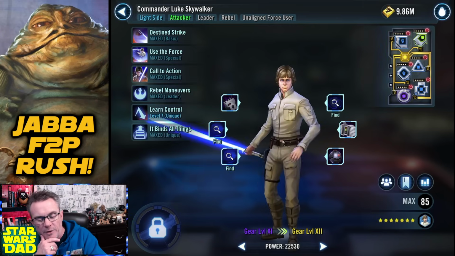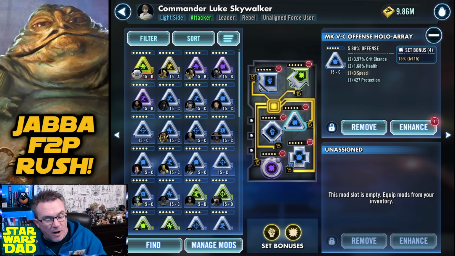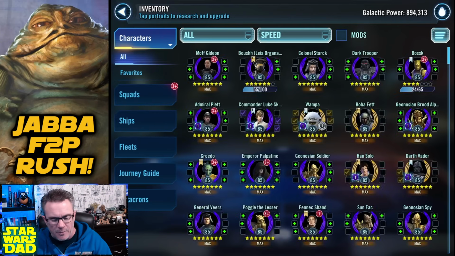How are Commander Luke Skywalker's mods looking? We know once you get Chewpio activated, right mod set, offense. I'm going to guess we got some offense and offense down there. Not tenacity yet, but you do have a tenacity set here. Not perfect, but not bad. There's a lot of offense for the rest of the team once Chewpio gets up and running. In fact, Chewpio could be up and running here pretty soon. We just saw that a minute ago, so...